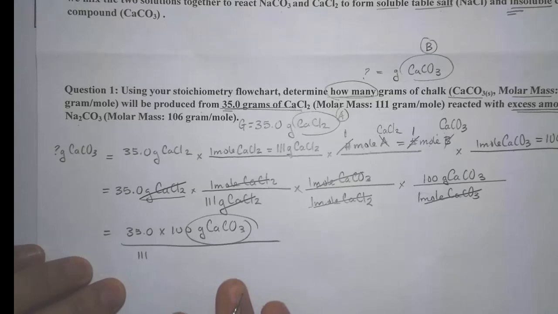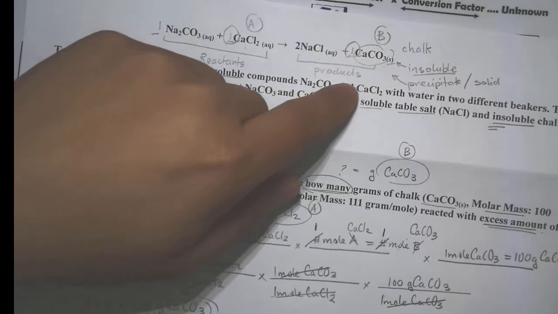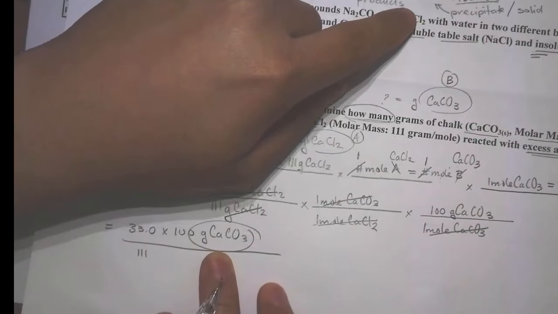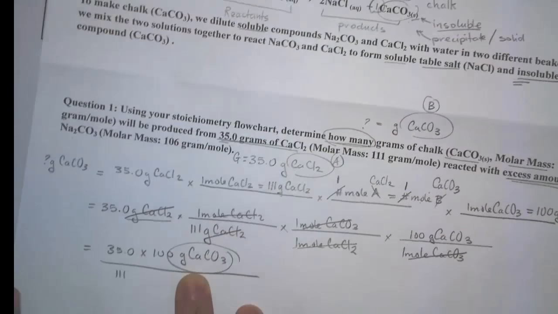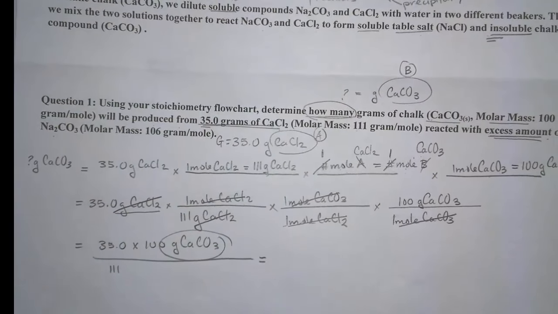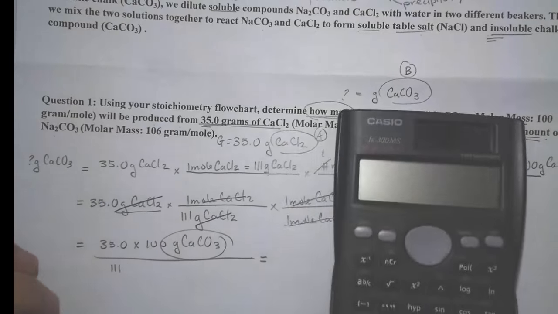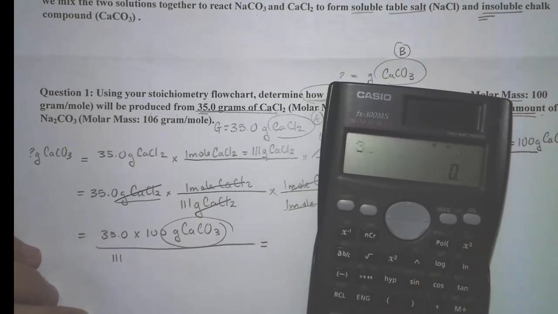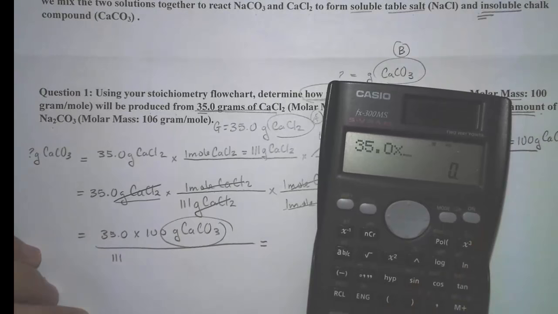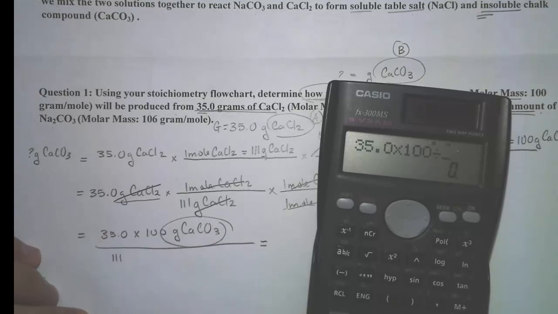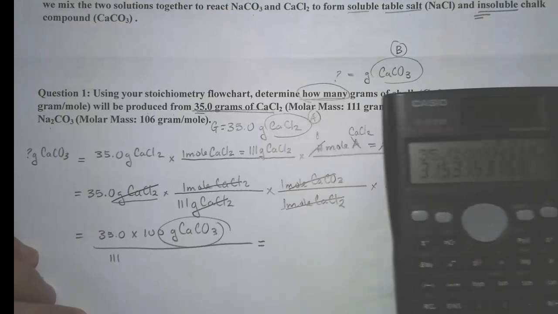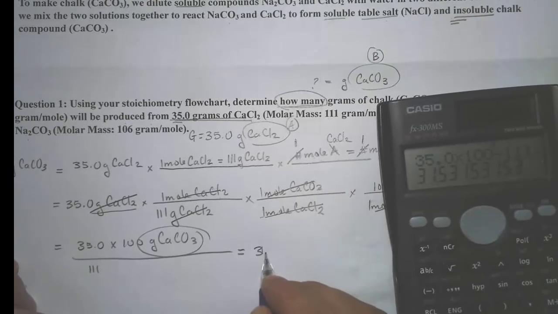And notice how we have grams of calcium carbonate, which is exactly what we're looking for, okay? See how that works? Beautiful, isn't it? So now let's plug this into our calculator. Isn't this easy? 35.0 times 100, divided by 111, gives us 31 grams of